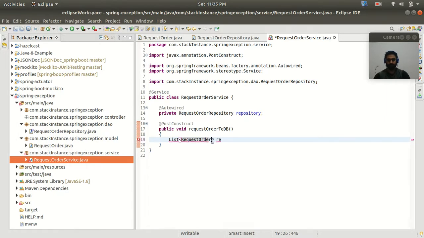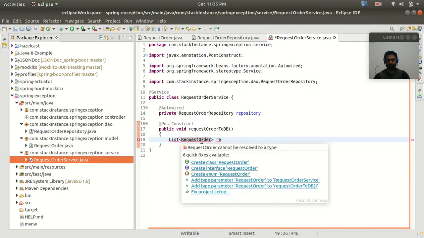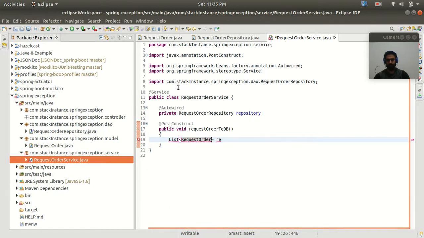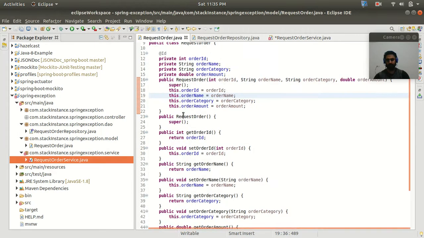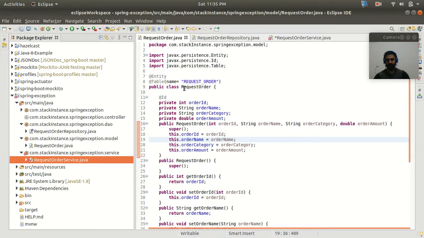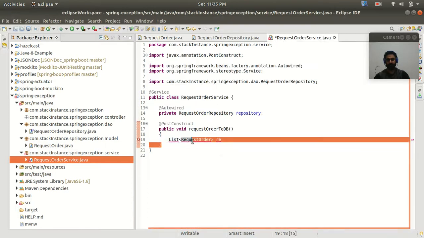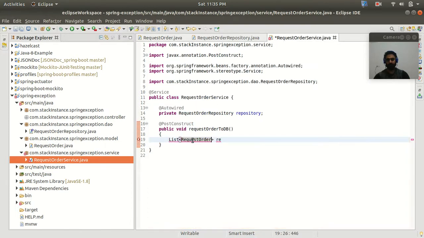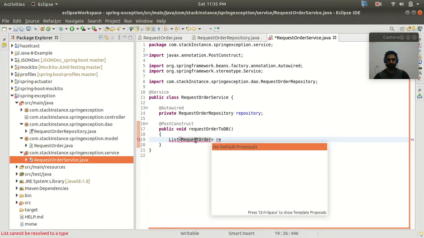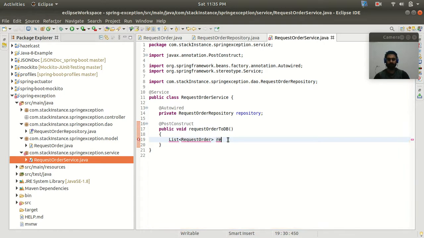I don't know why it is not showing me the package. So let me write it.